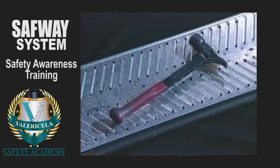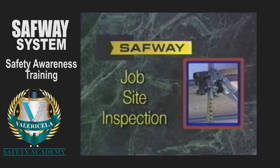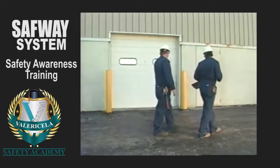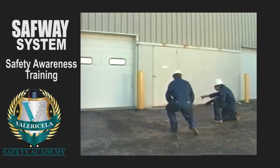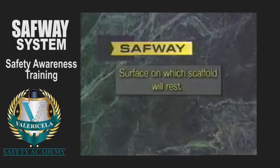Now that you have seen the basic building blocks and tools of SafwaySystem scaffolding, let's look at some of the points covered in the job site inspection. To begin with, the person who inspects the job site must be qualified to do so. That's because the information gathered will be used to determine the scaffold requirements. At a minimum, the investigation should include the type and condition of the surface upon which the scaffold will rest,